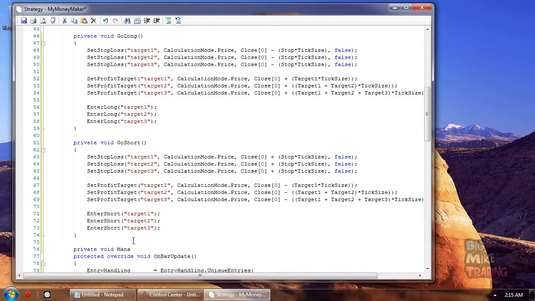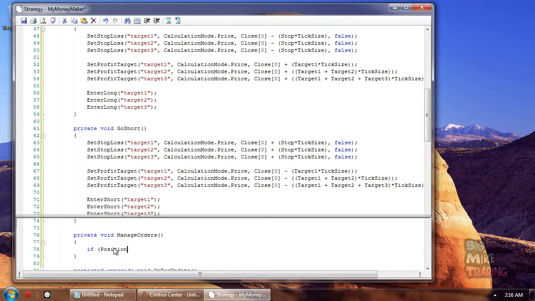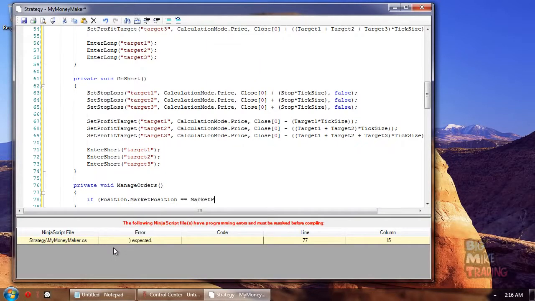Okay, then I also know that I need a manage orders routine. And I'm just making up these names. I mean, you could call this, I'm hungry, so you could call this French fries. It doesn't matter. So manage orders. I know I need this because of our option to move the stop on target 2 and target 3 to break even if the optimizer tells us that that's what we should do. So first thing, let's do the long. So if the position is long,